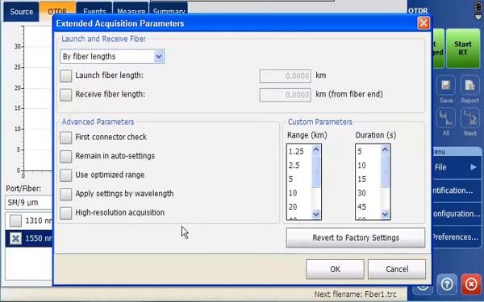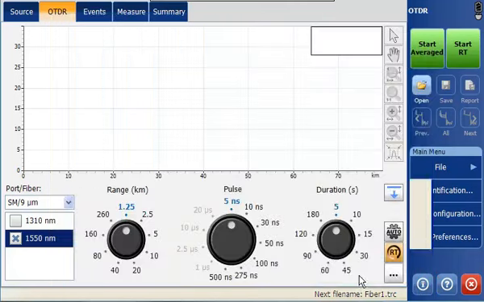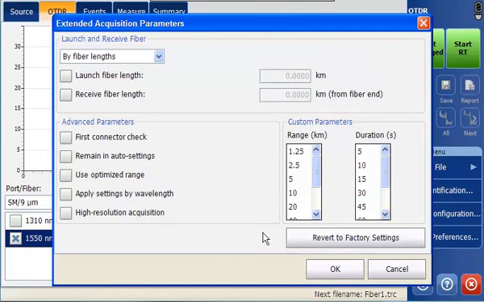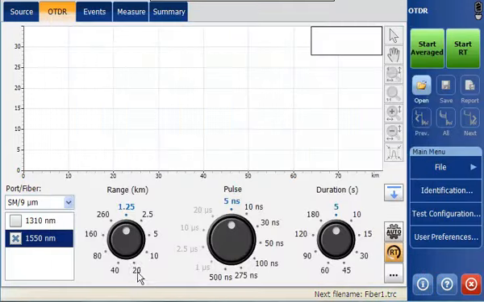And then down here in the advanced parameters, this allows us to tweak some of the settings, whether or not we want to do a first connector check, whether or not we want to stay in full auto mode. So if I select this and go back here to this main screen, when I hit auto, this will remain in full auto mode during every acquisition. So this locks in full auto. I'm going to unselect that and uncheck this because I don't want to do that today. This one right below it is using optimized range. If you have this selected while using auto mode, it'll actually automatically insert an optimized range based on the test